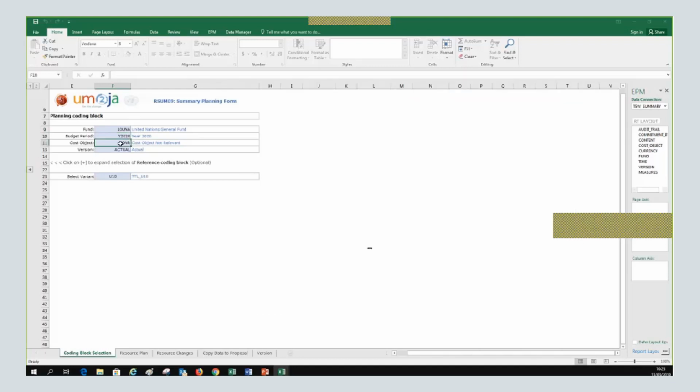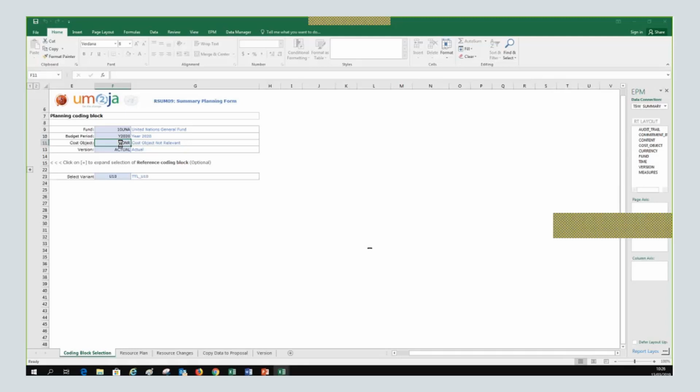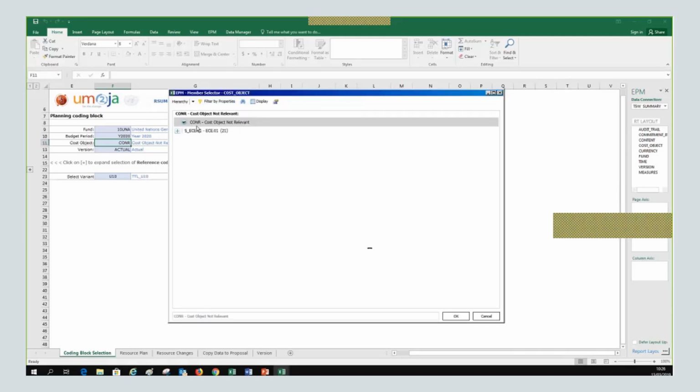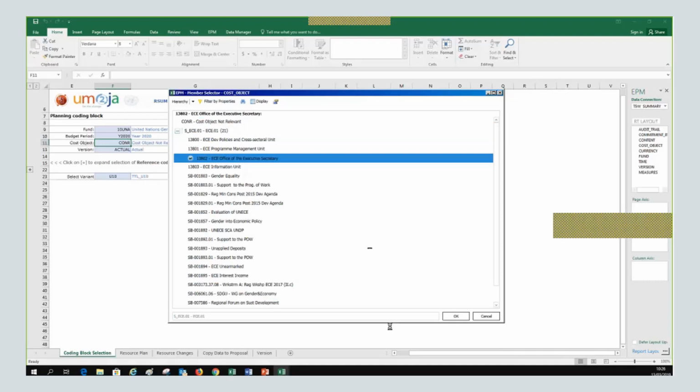And then you have to select the cost object. Still, this summary form can be done at sub-entity level. So in the future, you will enter the plan in the material and service form and all the travel model. But right now, we are going for the summary one. So in my case, the cost center I was planning for is this one.